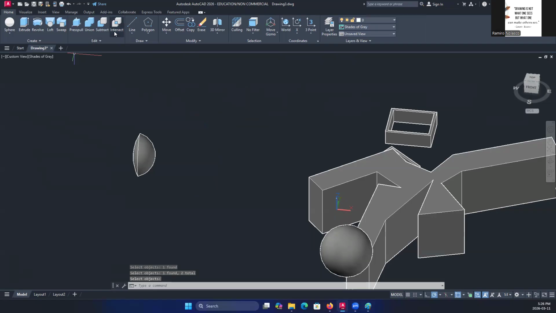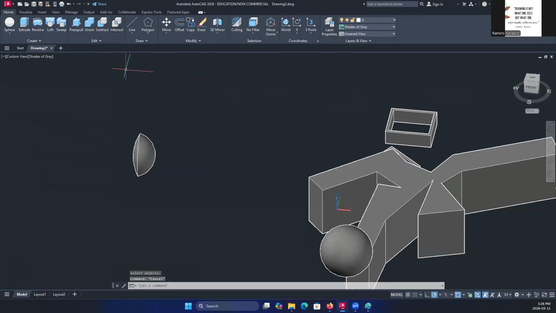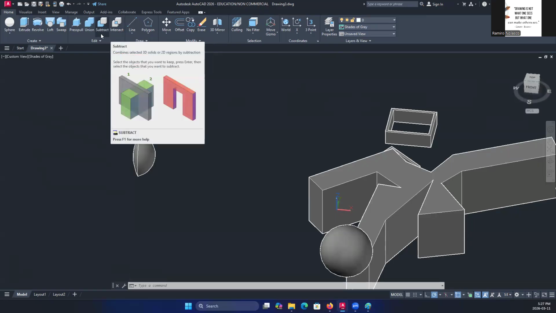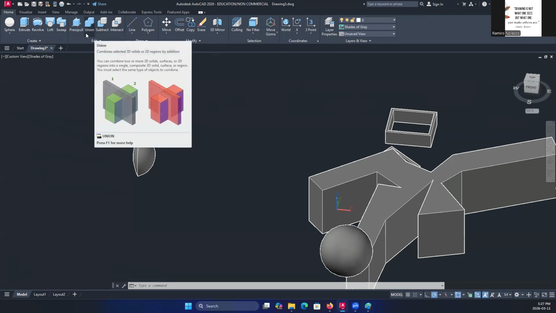So here's a nice animation of where you can use it. If you have a part like this and you want only the one on the left, the red part, then you use intersect. Subtract, you subtract one from the other. Union, you put them together.